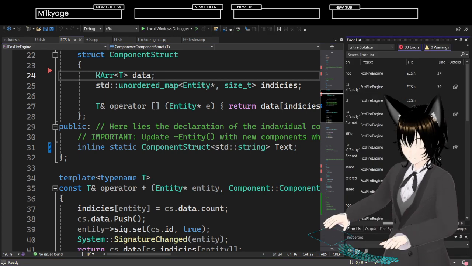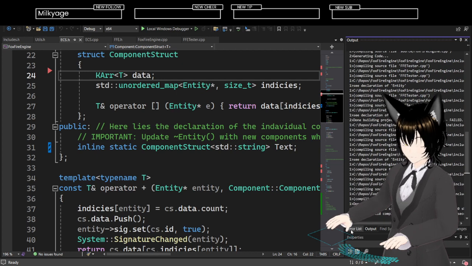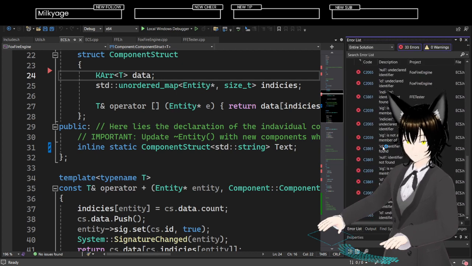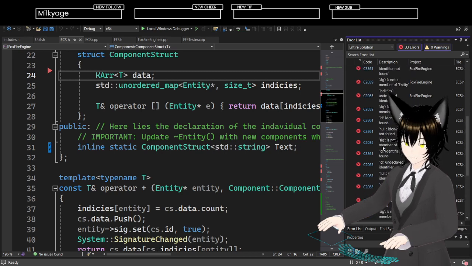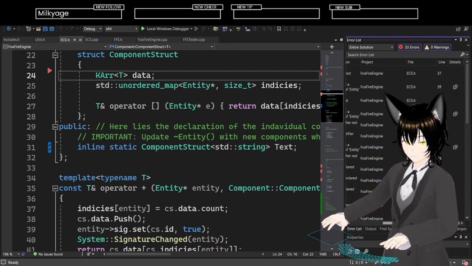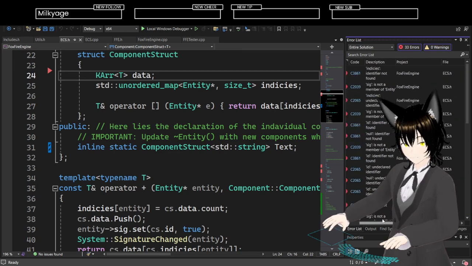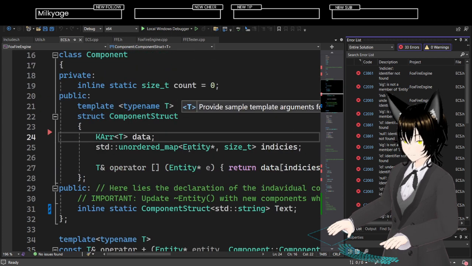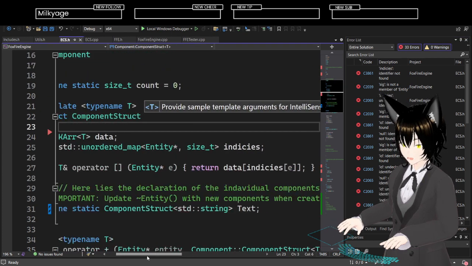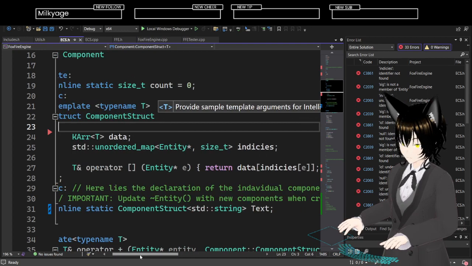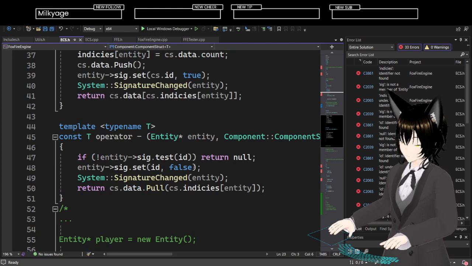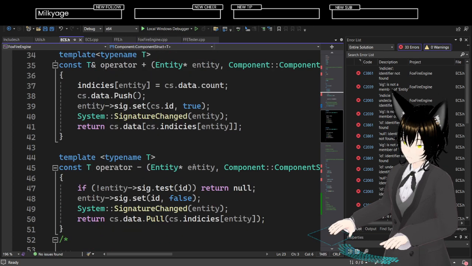Still a bunch of failures. There it was. It's not a member of entity, yada yada yada, okay. There's still a bunch of errors, right? Indices identifier not found. What do you mean indices identifier not found? Should be fine. Right? Like, I don't understand it.